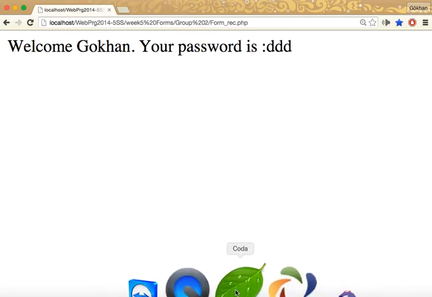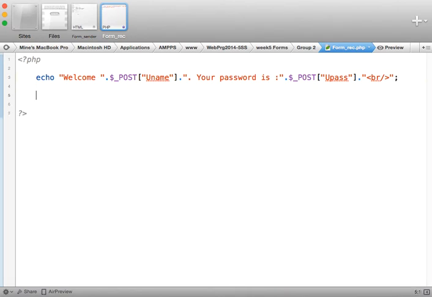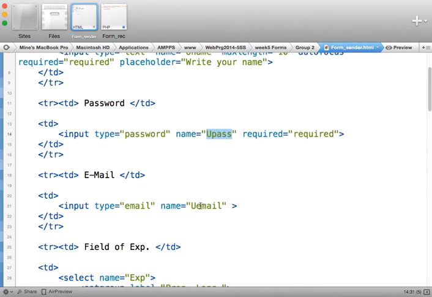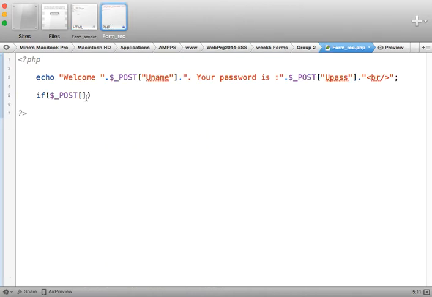Okay, so what I'm going to do is this. If we have learned the conditions before, if is set, or I'm just going to make something like that. If $_post, what was the email? Okay, email is equals to nothing,